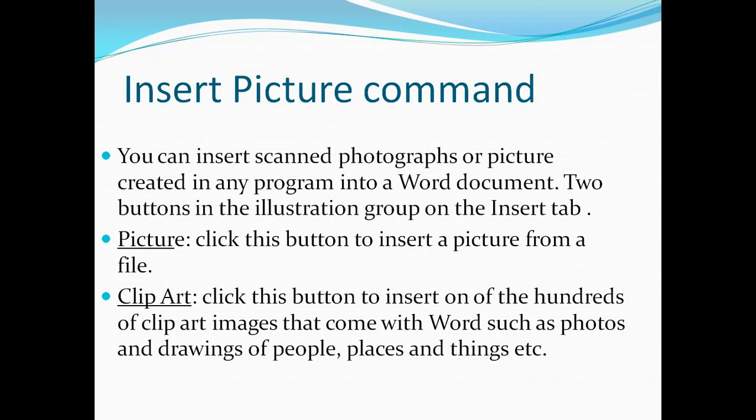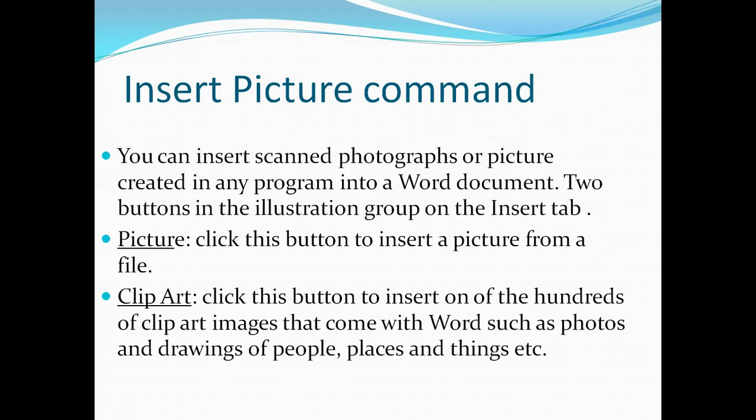Click this button to insert one of the hundreds of clip art images that come with Word, such as photos and drawings of people, places and things, etc.